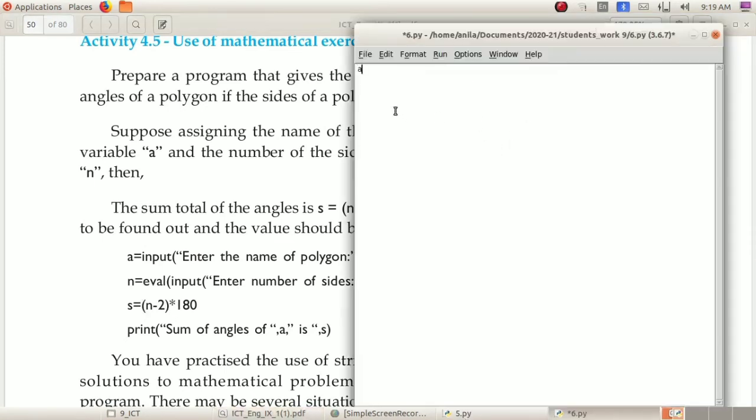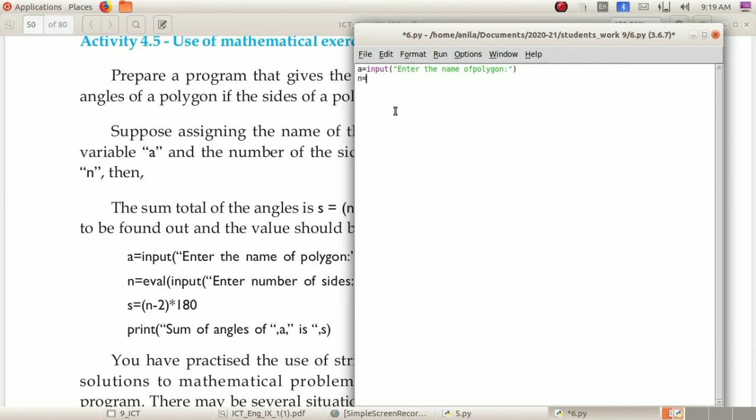Type the program. A equal to input of, then open the bracket, then put the quotation mark, enter the name of polygon. Then put a colon and put a quotation mark and close the bracket. Next N. N means you want to get the input, that is a digit.